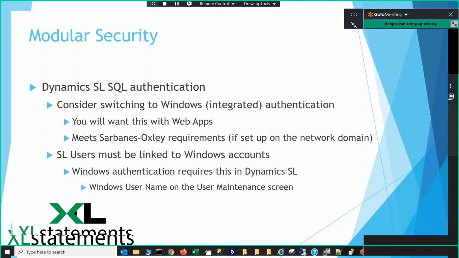So with Dynamics SL SQL authentication, the user maintenance screen is missing the field, and I'll show you this on the screen, it's missing the field to put in the Windows account. And so they don't give you a way to link. And so we do give you a way to link, and I'm going to show you that in a screen that we have. So yeah, and when you're using Windows authentication, then there's a spot on the user maintenance screen where you have to put in everybody's